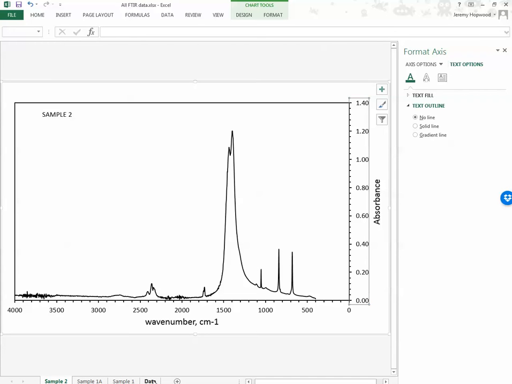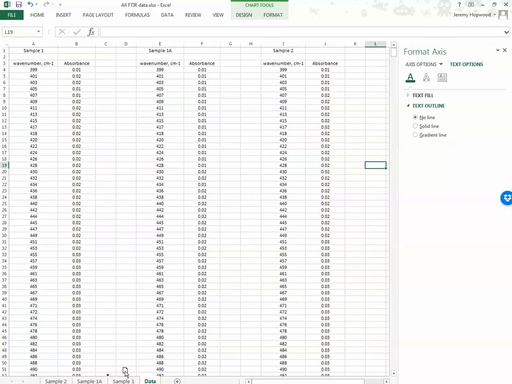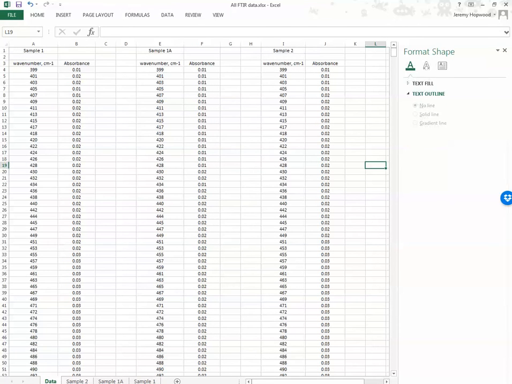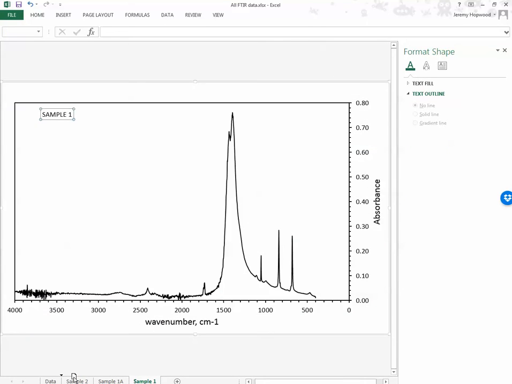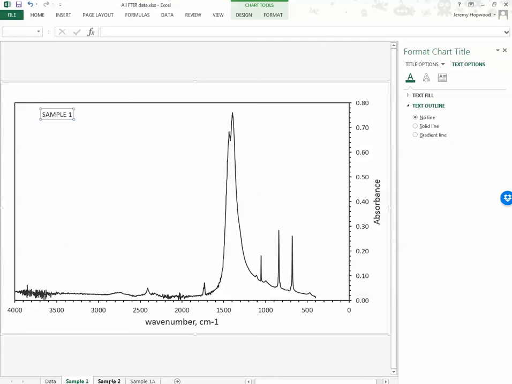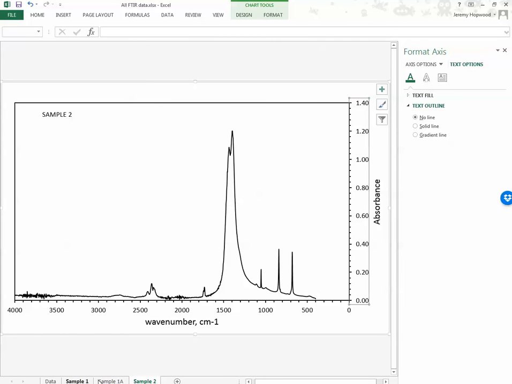Now, one of the things I'll last do is this data box, if you left click it and hold it, you can move it. So you can alter the order and things. And normally I put the data as being the first tab, and then it's up to you what you want to do here, but you could reorder it. So sample 1 comes there, and then you've got sample 2A and then 2. It's up to you, but it's best if you have the data first, or I prefer it anyway. So that's giving you some, hopefully, if you watch this and watch it carefully,